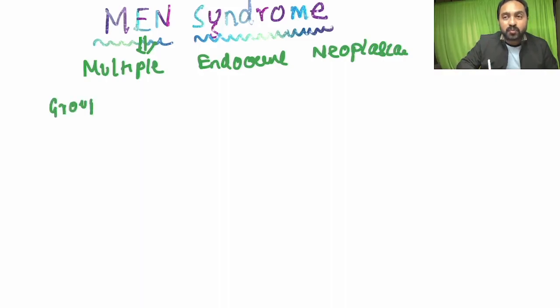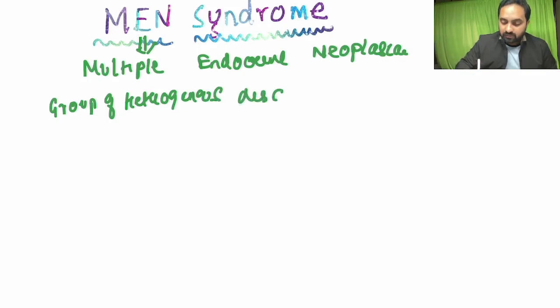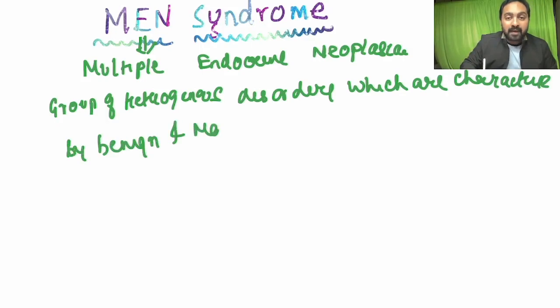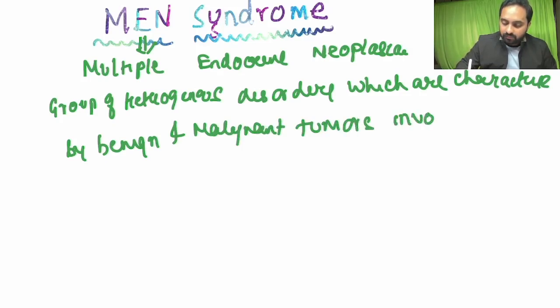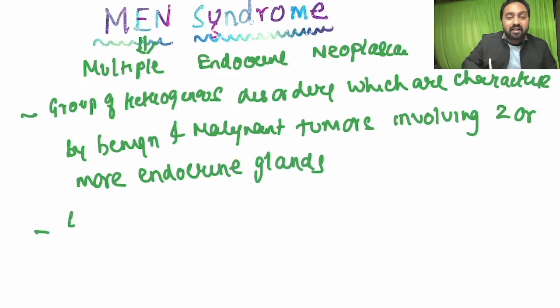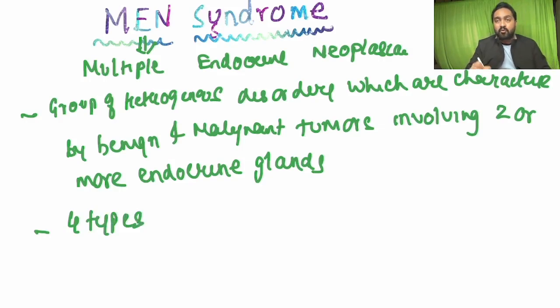They are a group of heterogeneous disorders which are characterized by benign and malignant tumors involving two or more endocrine glands. There are four types of MEN syndrome, of which MEN type 1 and MEN type 2 are the most